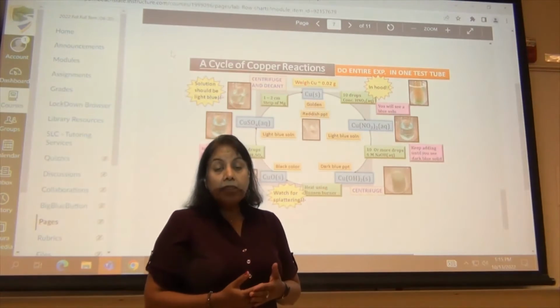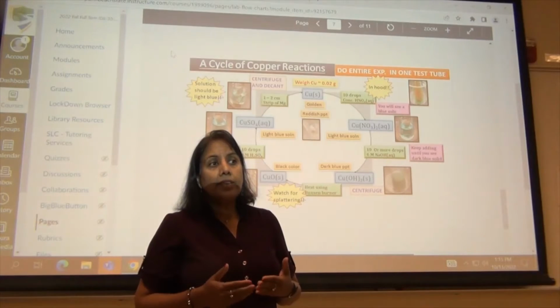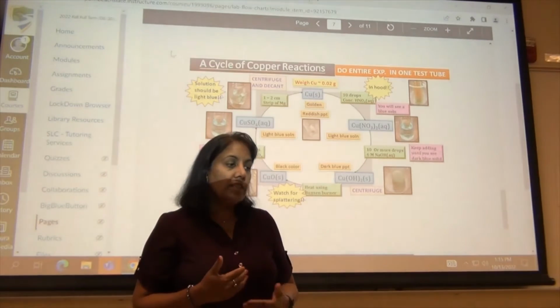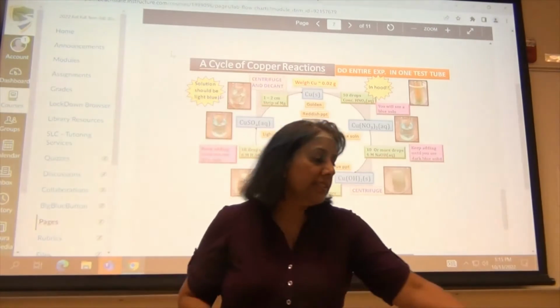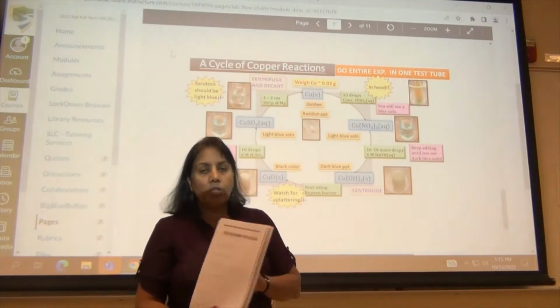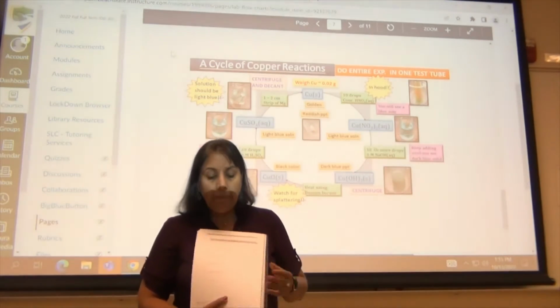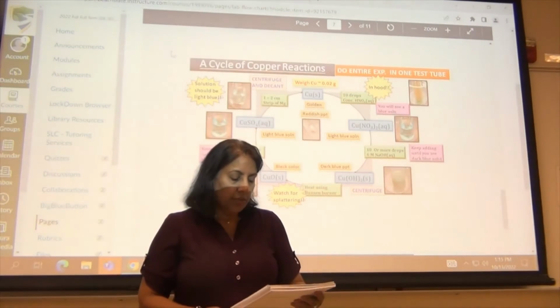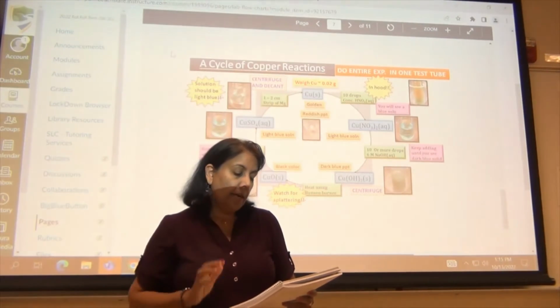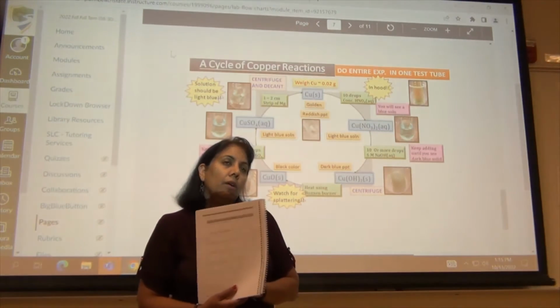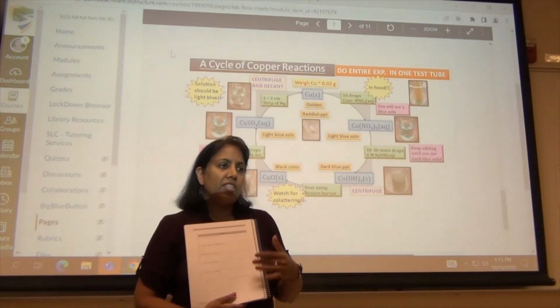So, but if there's any gas formation, you should also write how much it was, what color it was, things like that. So today for this lab, your entire grade is going to be how you write your observations, okay? There's one other thing I would like you to do, and I think you can do this, is when you go through all these reactions, as you're looking at that,